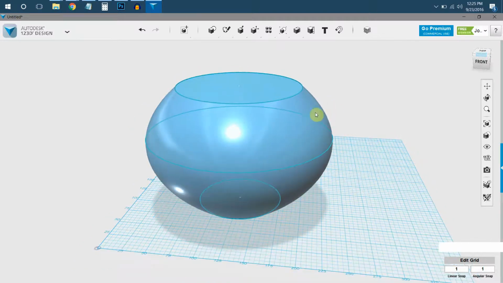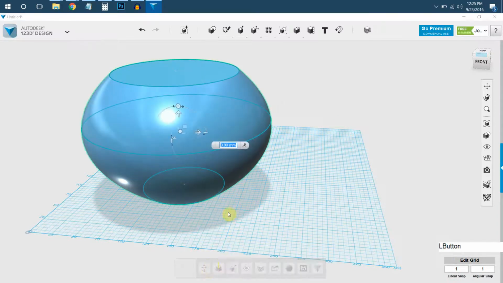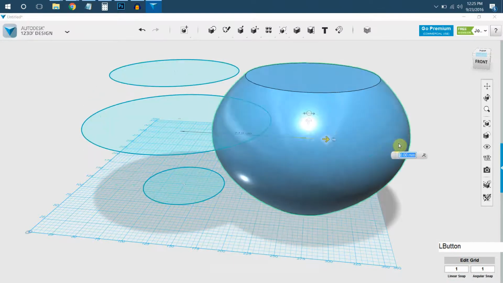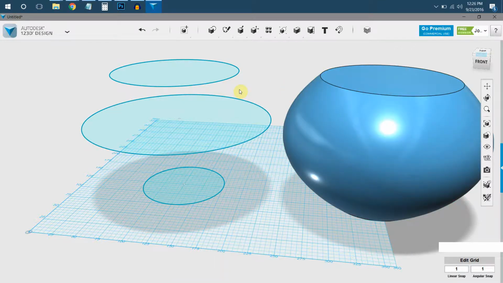So what I like to do is click on my object, go down to the move tool, and then just click and drag it over to the side. And this is a workflow thing. This is something you want to explain to your older students. The reason you move this over to the side is not only so that you can edit it and work on it, but also because by keeping the original sketches in place, if you mess something